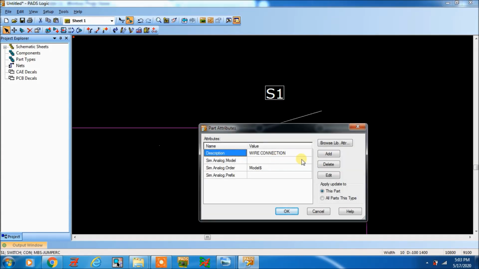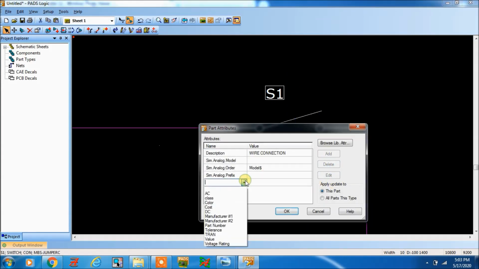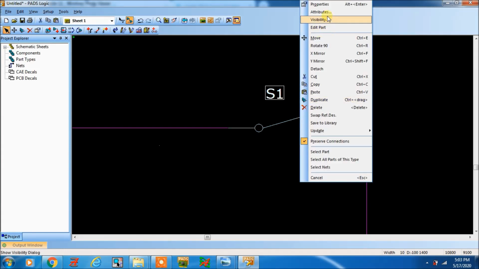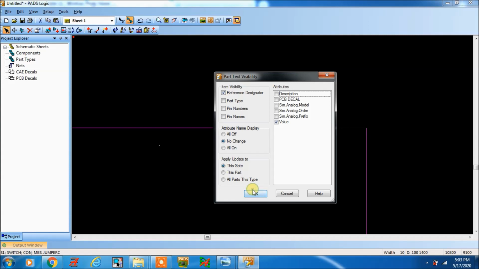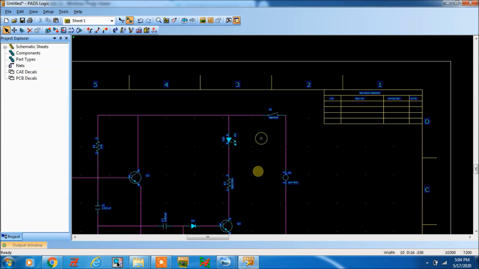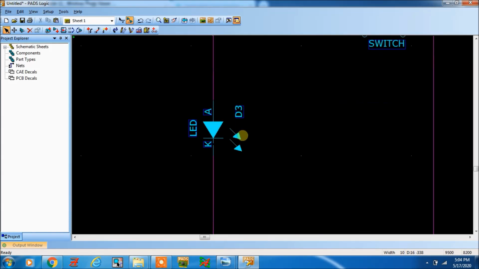Go to attributes, add value, and the value here is switch. Still it is not visible, so go to visibility. Okay, now you can see the switch has come.